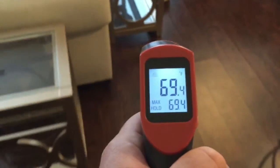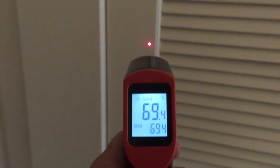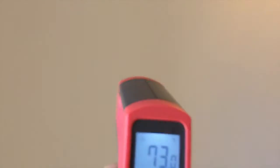I'll show you one other place in the dining room where it's 68.5 on the sofa there. This is 69 on this table. So generally the downstairs area, 69 degrees on average, even where the HVAC unit is. The intake behind this panel is 69 degrees. So as we move upstairs, you're going to see the difference. 69 degrees is comfortable or comfortably cool for me and my family. The foyer, 73 degrees, is getting some daylight. As we move up the stairs,